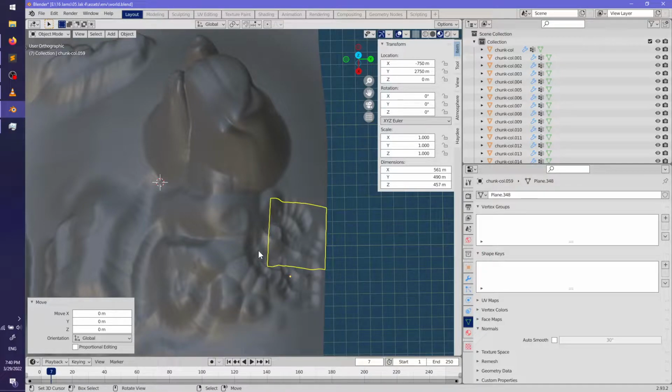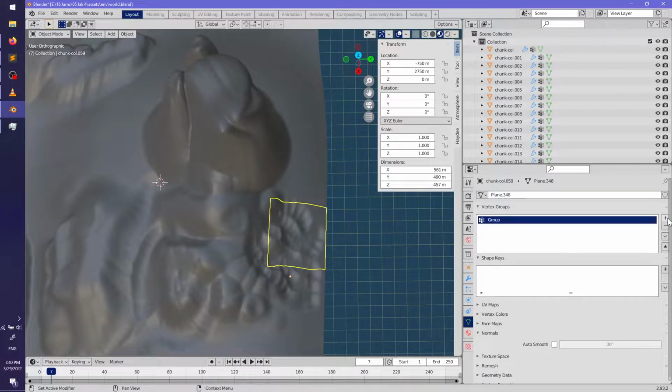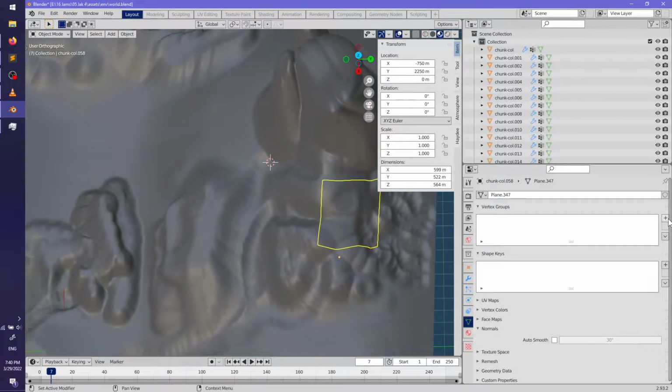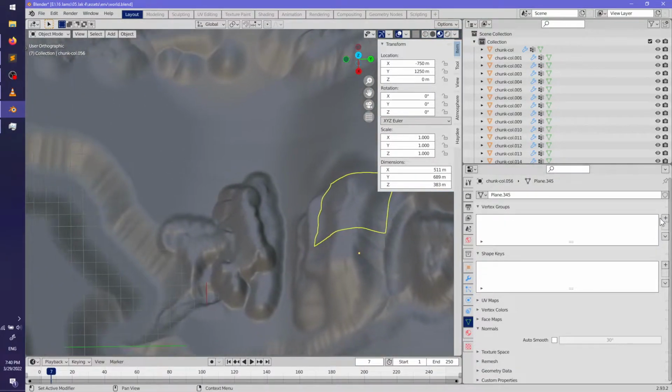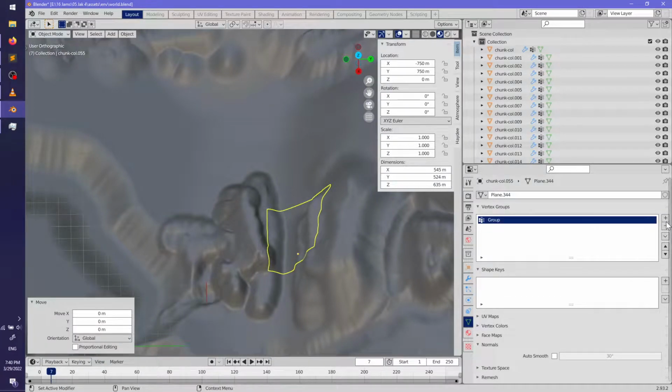Did I move this at all? So yeah, group is going to be the group to the right. Group 01 is going to be the group that's bottom.